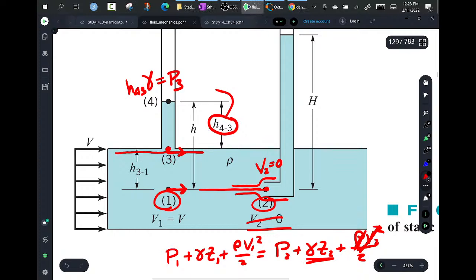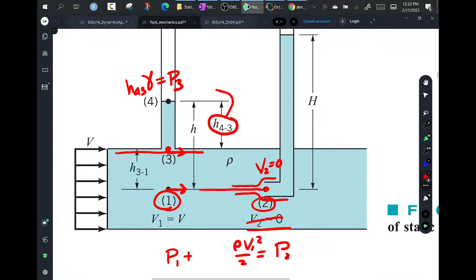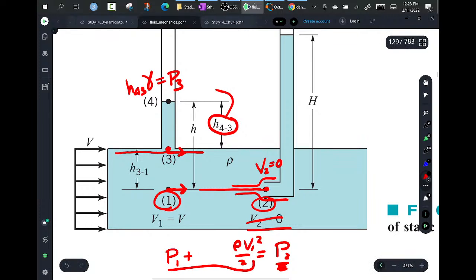These are at the same elevation, so they're gone. This is gone. This is gone. This is gone. And so suddenly, you have a pressure 2, which is greater than pressure 1. It's stagnating